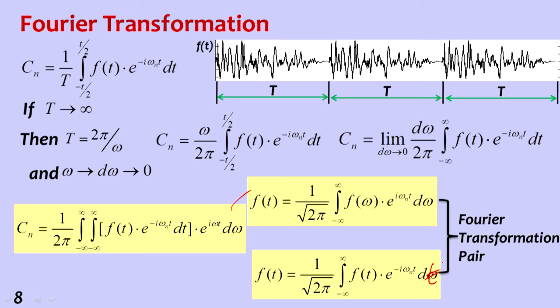Fourier transformation states that if any time signal is available to us, we can convert that into the frequency domain by putting the time signal here, and if any frequency domain signal is there, you put that in this place and convert it into a time domain signal. So a frequency domain signal can be converted into a time domain signal, and a time domain signal can be converted into a frequency domain signal. Now let us discuss the response of structures in the frequency domain. The methodology is as follows.